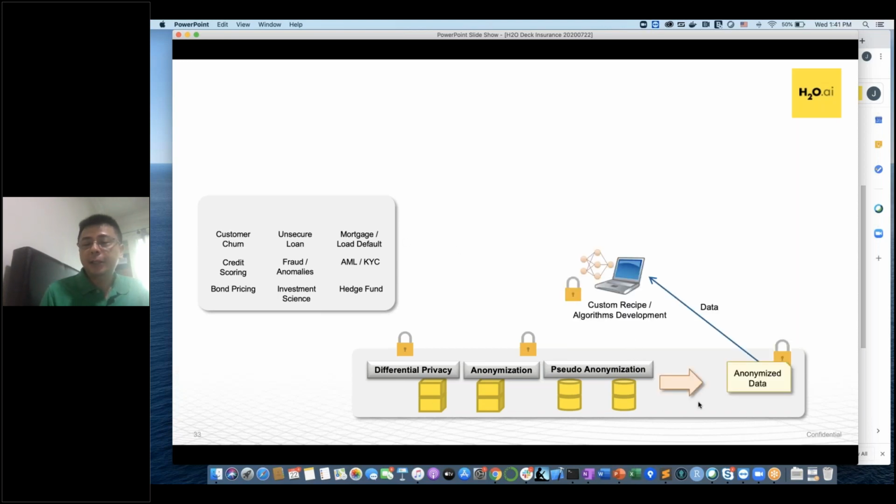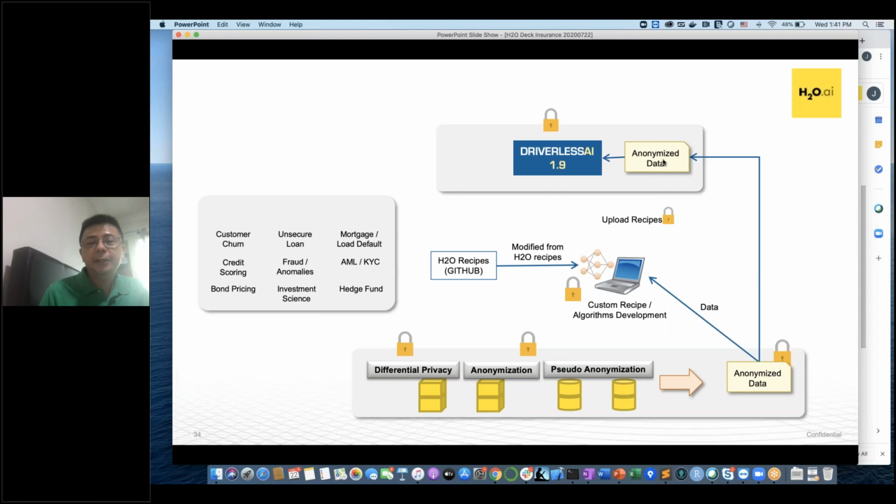So from the data, you can offload some of the data that you want to use to build a model, anonymize it, and then you can build your own recipe or develop your own algorithm that you can later load onto Driverless AI. So the anonymized data can be offloaded to where you have installed Driverless AI. And apart from what has been included in Driverless AI, the Kaggle Grandmasters at H2O have also written over